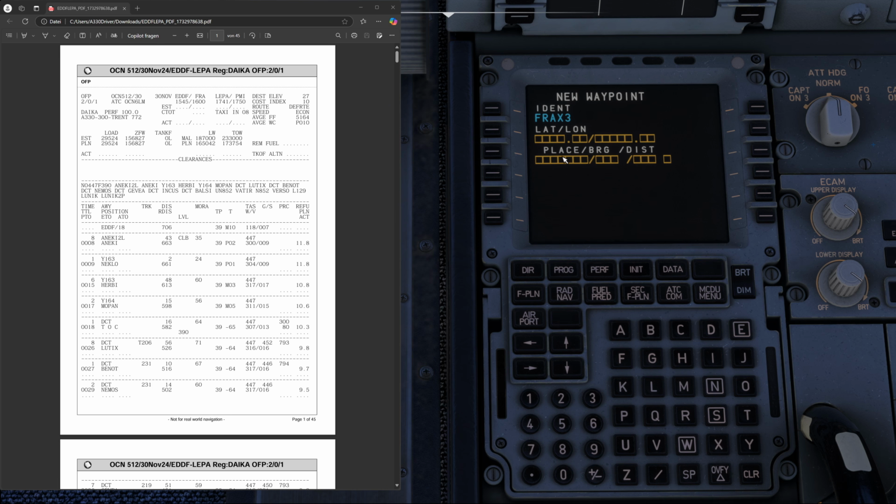So we are going to use the place bearing distance format in order to do that. So let's enter the departure runway, Frankfurt 18, slash, now comes the bearing, which is our runway heading, 176, slash, and now the distance, 25 miles, as we want to proceed straight ahead for 25 miles. Enter that over here, and now we can hit the store key,